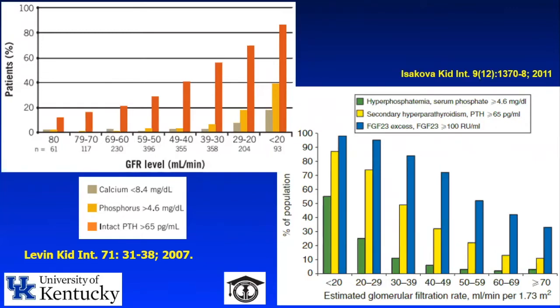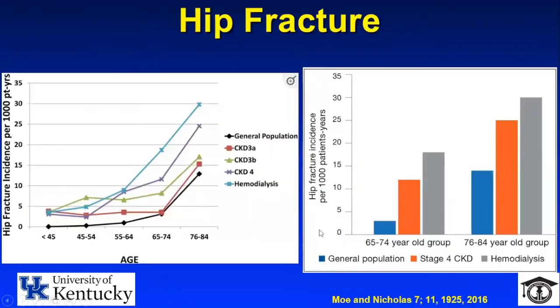On the other hand, more lately, after the discovery of FGF23 in 2000, more than 2 decades ago now, we see that FGF23 is a very early biomarker that goes up even with GFR more than 70. And of course, in dialysis patients with GFR of less than 20, almost 100% of patients will have high FGF23 levels, followed by hyperparathyroidism, then followed by hyperphosphatemia.